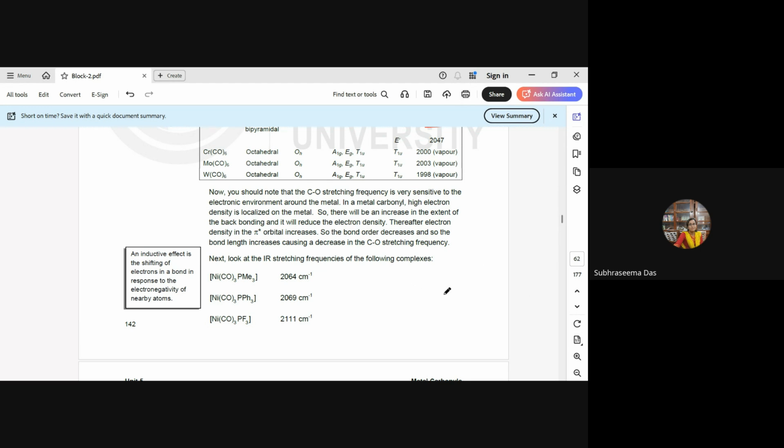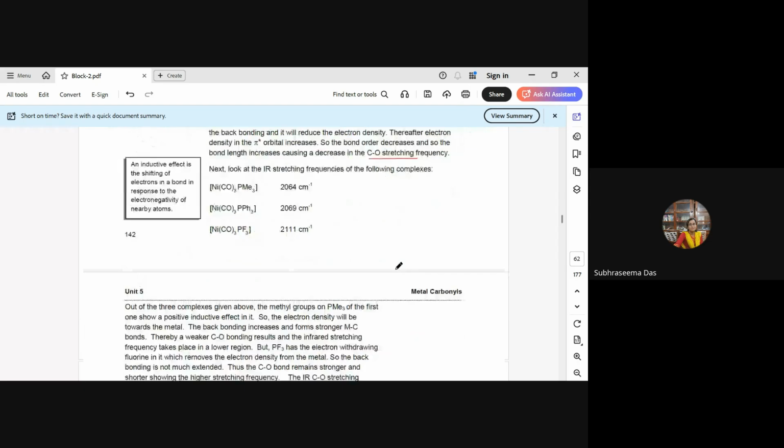So once this back bonding increases, an increase in back bonding means that the electron density in the pi star orbital is also increased. So the bond order decreases and the bond length increases, causing a decrease in the carbonyl stretching frequency. So for example, here it has been given, this is a nickel complex which has three carbonyl compounds attached to it,